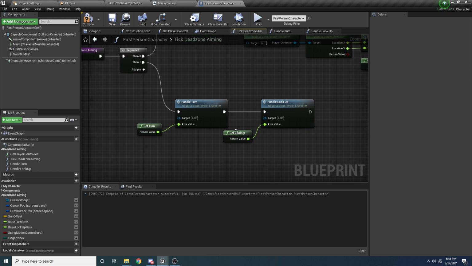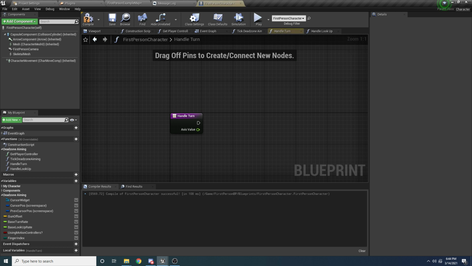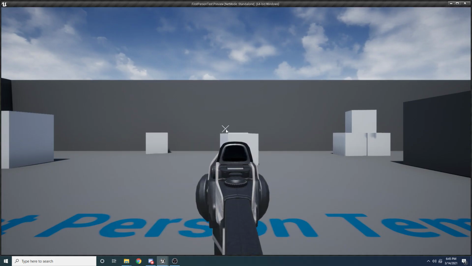And I guess we can just write these functions because they're going to be pretty similar, but obviously they have some differences to them. So let's go into handle turn and we'll do that one first. So again, this is just handling when the character turns the mouse, which is this left and right movement like I'm doing right here. So essentially the way Deadzone aiming works, if you look at my other project here, when